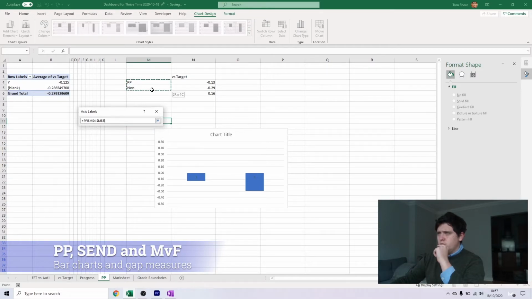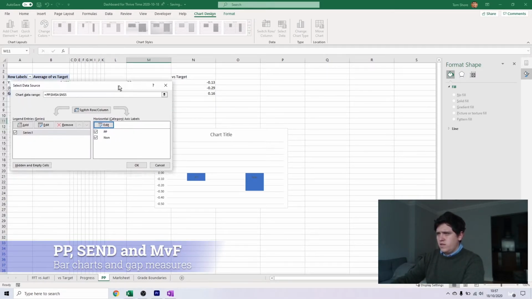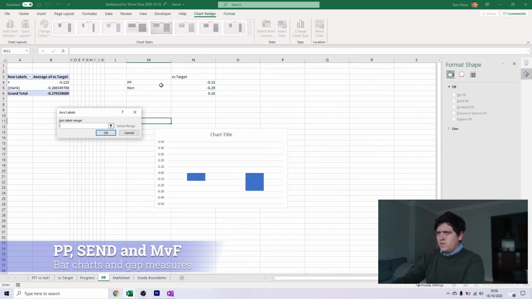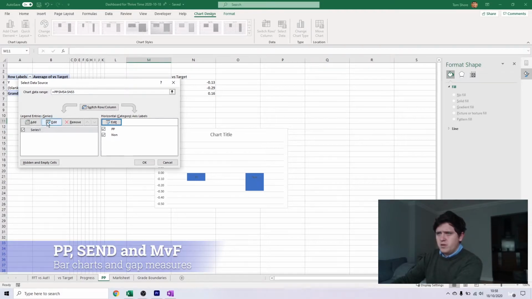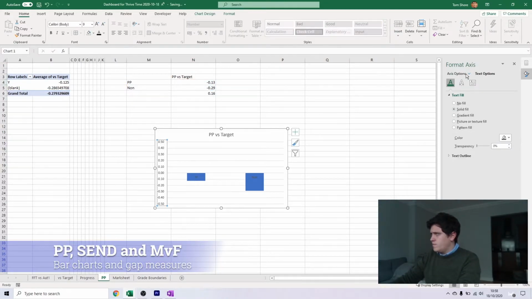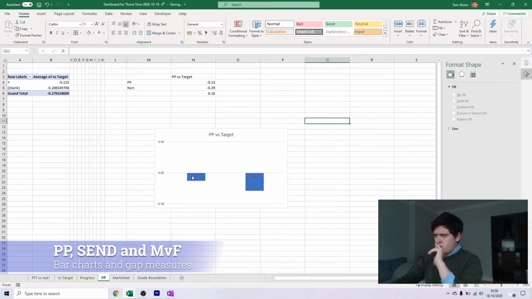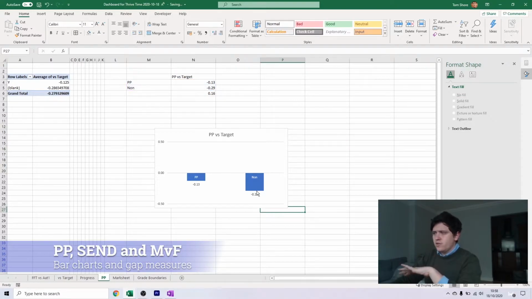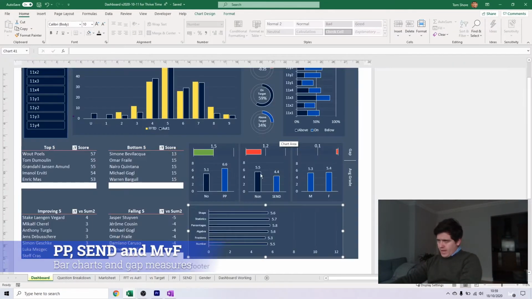Here, the labels are going to be these two here. The labels are going to be pupil premium and non-pupil premium. This is going to be here. I'm going to add some data labels just so it's really clear that this is a value of minus 0.29 and minus 0.13. So then if I want to show the gap measurement, so this bit here at the top,